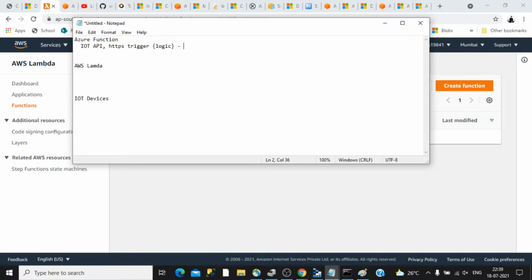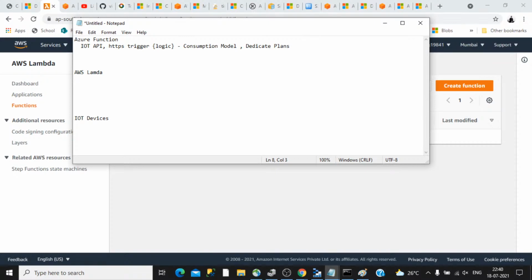There are two pricing models, the consumption model as well as the dedicated plans. The consumption model is where you pay for what you use, so if you trigger this 5 times, you will be paying for 5 times. But dedicated plans make more sense if this particular trigger is going to execute continuously. It is not better to go with a consumption-based model then, because that will make things worse. AWS Lambda has a similar service as well.